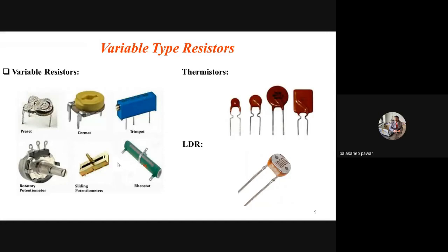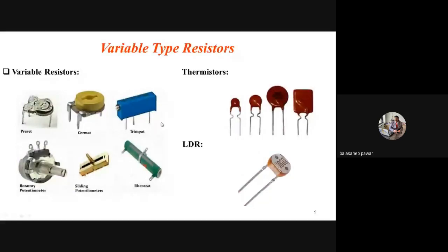Now, the preset, or trim pot, is manufactured from ceramic material, or it can be a sliding potentiometer. These variable resistors are mostly preferred as a PCB mountable variable resistor, as they are very small in size. Their power handling capacity is somewhat less compared to conventional potentiometers, that is, the rotary potentiometer. And as they are small in size, we can easily mount them on printed circuit boards, that is PCB.